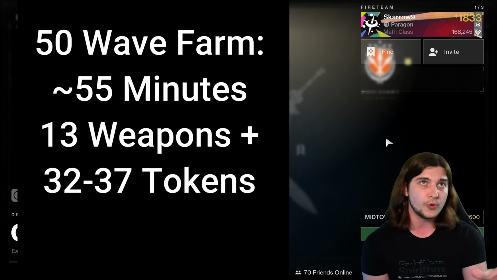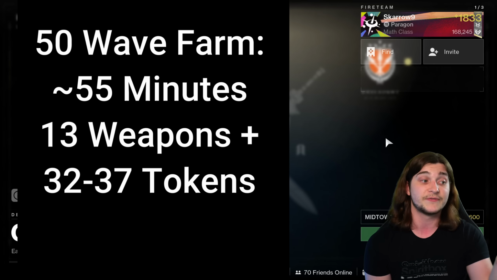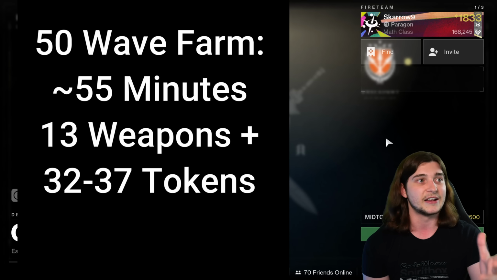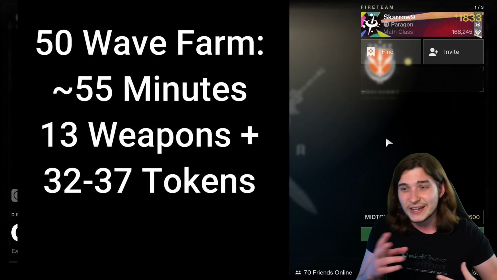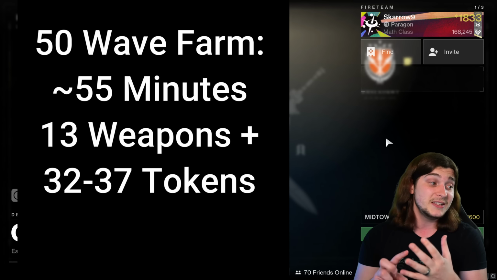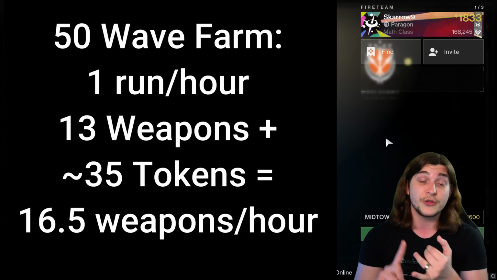There's about 1 bonus wave per 10 rounds, or per 10 waves. So that's 5 additional. And then you also have any sort of tormentor bonus rounds or whatever. So somewhere from 32 to 34-ish tokens, kind of depending on what you're looking at here. That means in 55 minutes to an hour, about an hour, same amount of time as the first one, you get 13 weapons